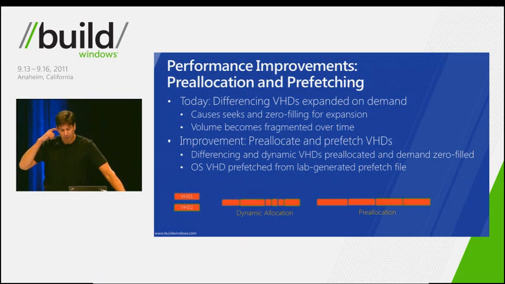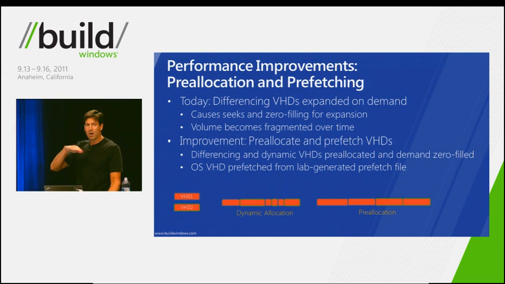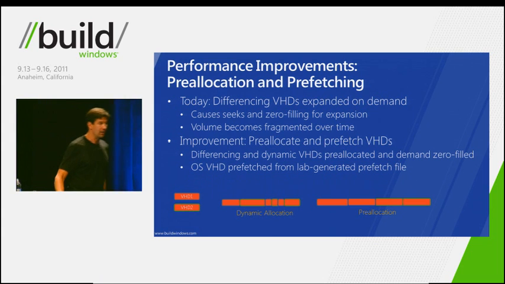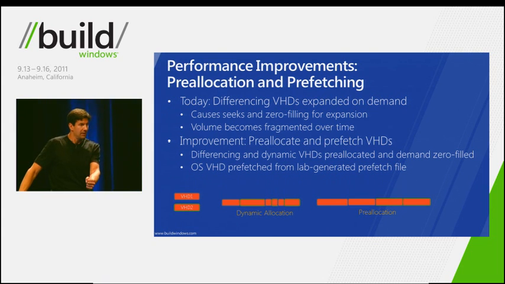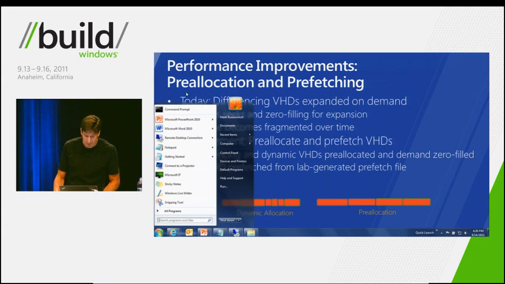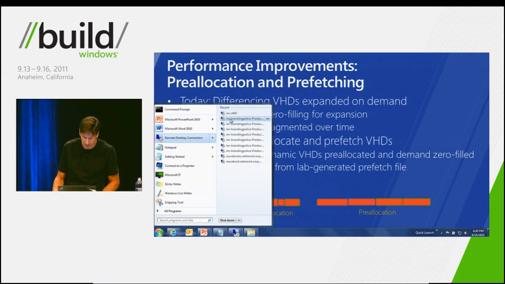The other thing we're doing is also prefetching. We're monitoring the boot of the OS because we're in control of the OS. We've got the same OS across the data centers. We monitor in the lab the boot of the OS, and then we pre-populate the differencing VHD with the data that's going to be read, so that the pre-allocated differencing VHD already has data from the base in it. When the OS goes and tries to modify something, it doesn't need to go back and do a read from the base VHD. The combination of these two things is going to have a dramatic improvement on that big black bar that you saw